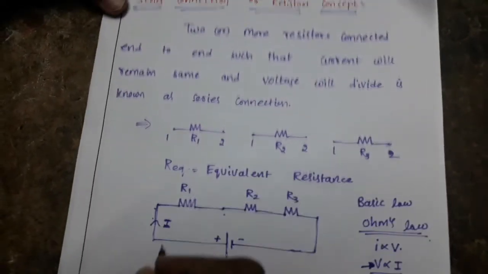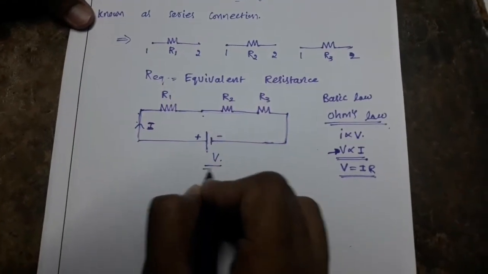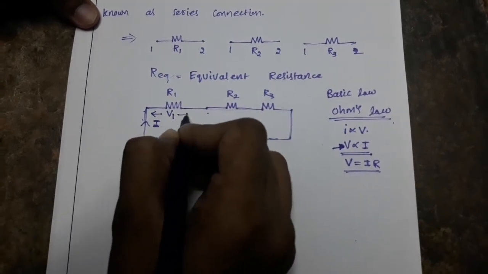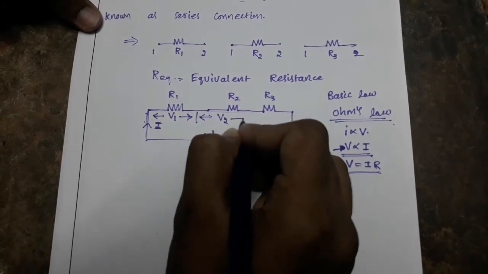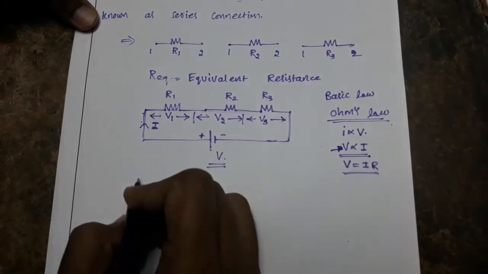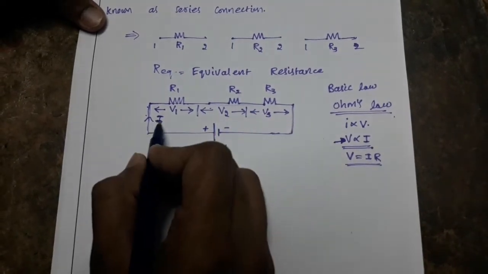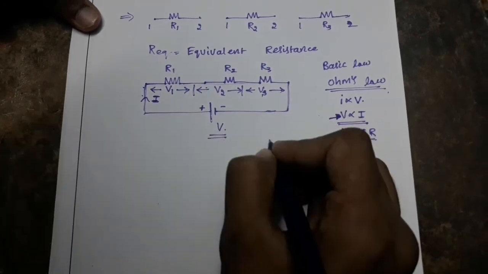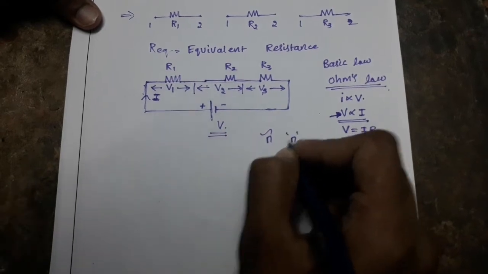As I told you, voltage will divide in the circuit. So, this supply voltage will be divided into three parts, that is V1 across R1 resistor, V2 across R2 resistor and V3 across R3 resistor. Voltage dropping depends on resistors and the current, and number of voltage drops depends on the number of resistors. If the number of resistors are n, then voltage drop will also be n.